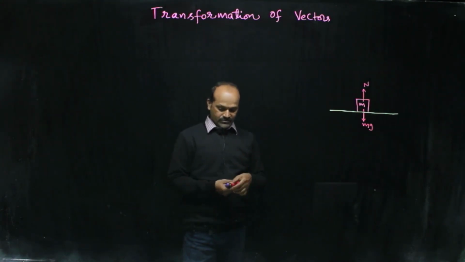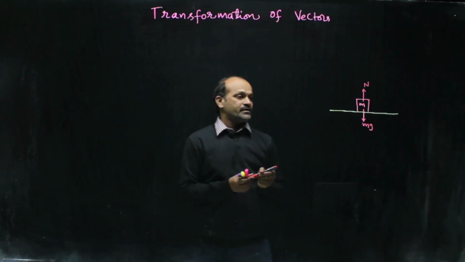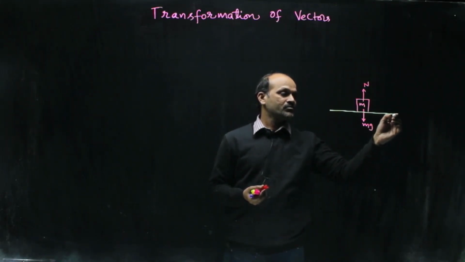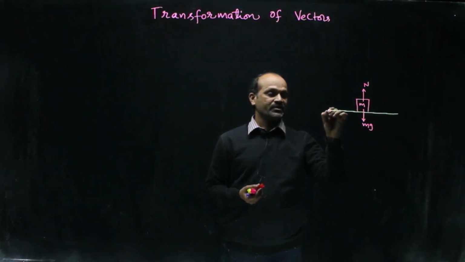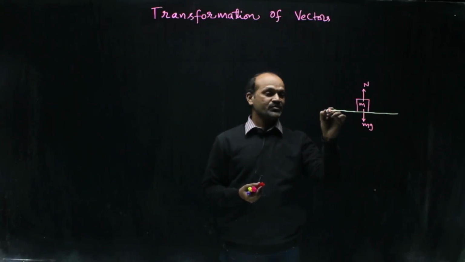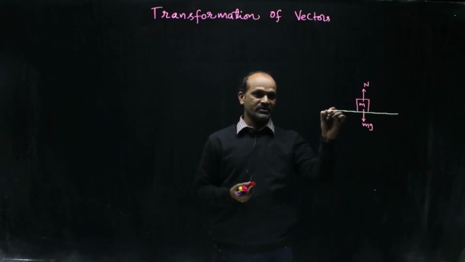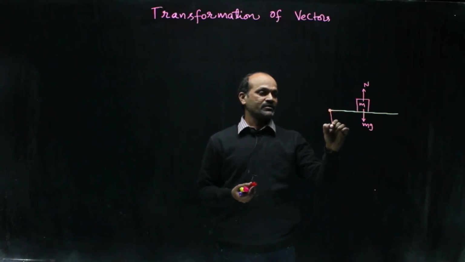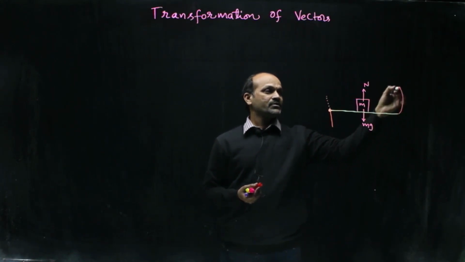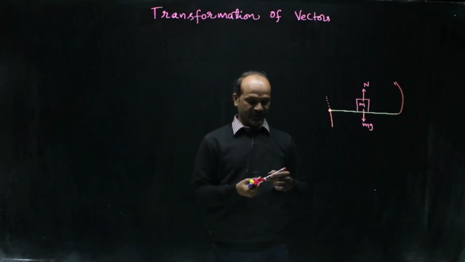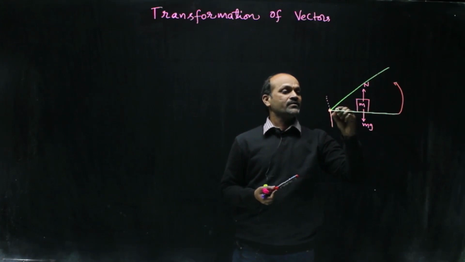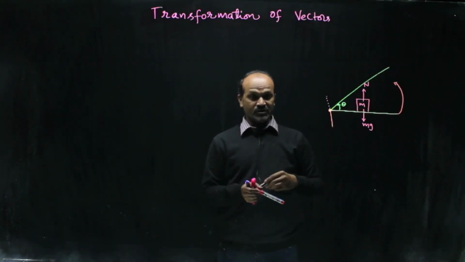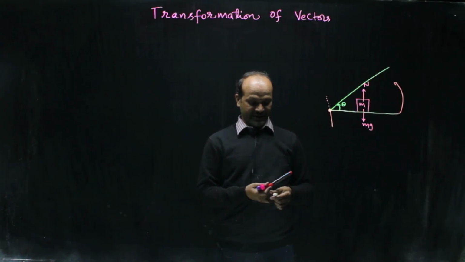Right. Now, what I do is raise this horizontal surface, keeping it fixed about this axis. Let me draw it like this, a line passing through here, into the board. About this axis, I am raising the horizontal surface by an angle theta. I am not disturbing the block there.